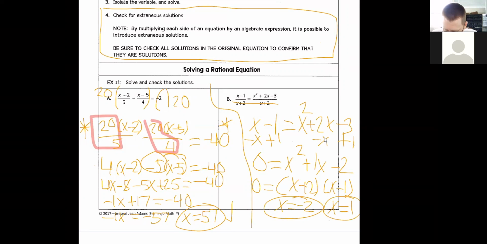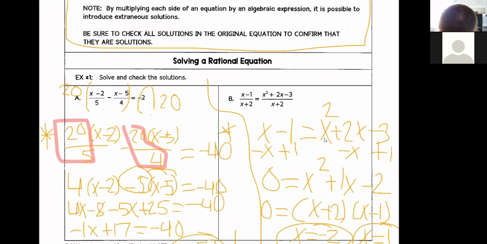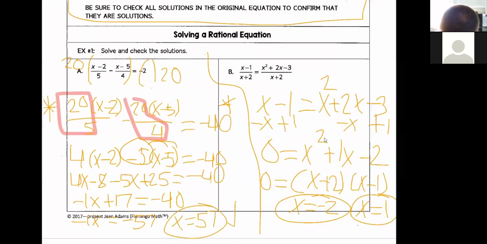Since when we eliminated our denominators, we really were multiplying both sides by variables, we do want to check these to see if they're extraneous or not. It can be kind of a pain sometimes to plug these in, I won't lie to you, especially depending on how complicated. But this first one, if I plug in negative 2,